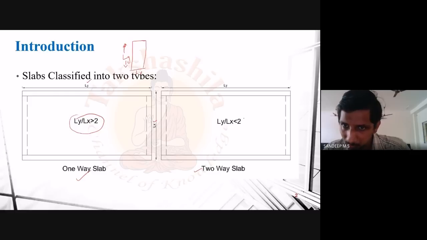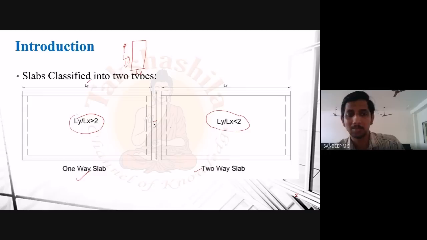So please understand that this is just for classification, for working out the design. We need to have some methods by which we can classify slabs into one-way and two-way. So for that, we have just developed this type of equation based on experimentation. Okay, but the concept is that